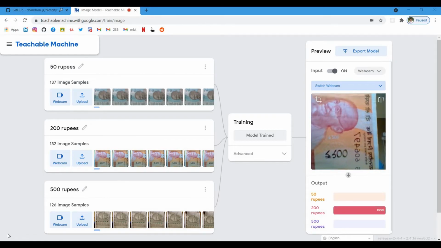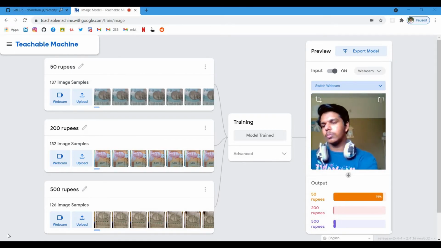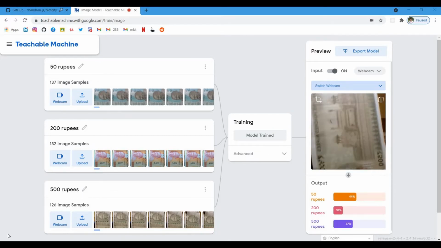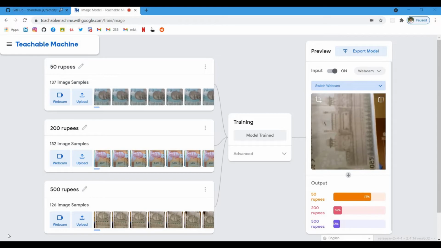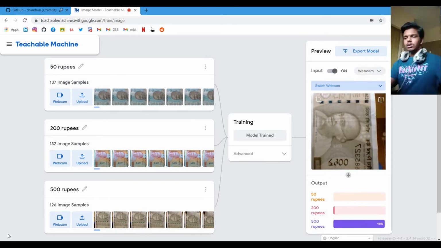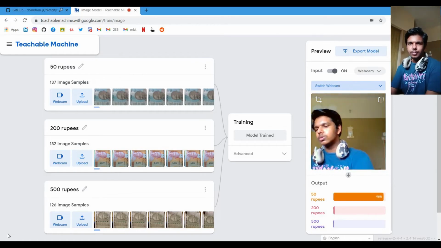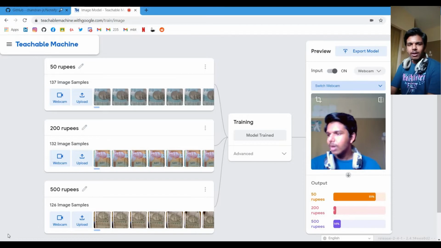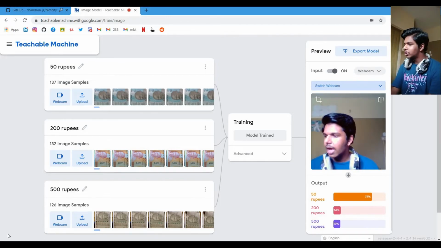So yeah, here you go, showing 100% at the 200 rupee mark, and the 500 rupee note, yeah, here you go. So it's showing, wait a minute. It does show, yeah. The 100 rupee note also shows 100% or 90% or whatever it be. So yeah, that means our model is pretty well built and it's able to classify currency notes properly.